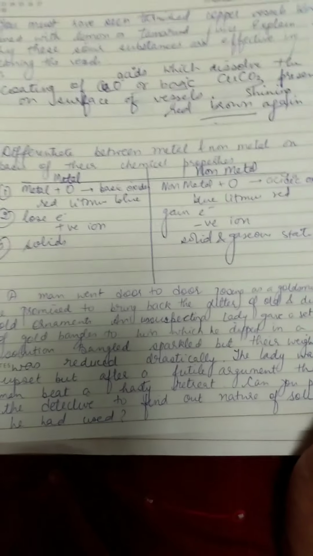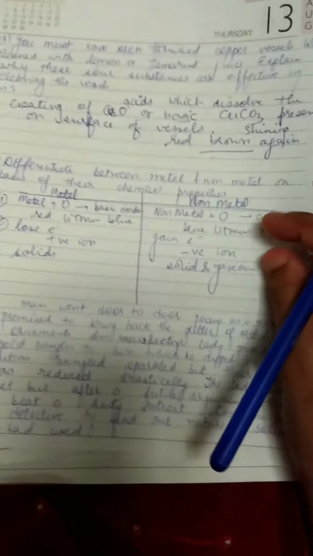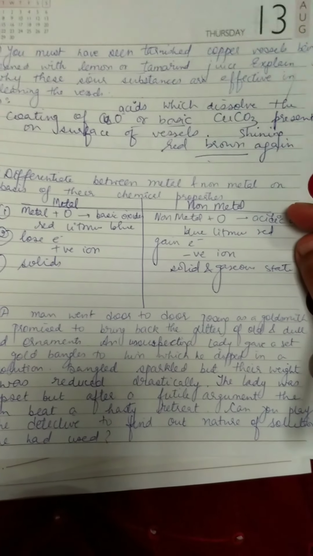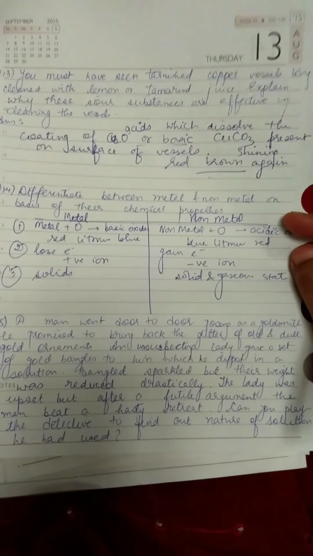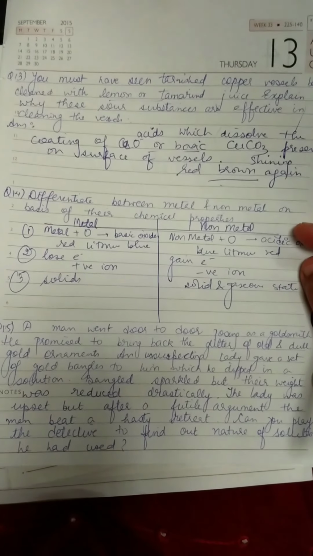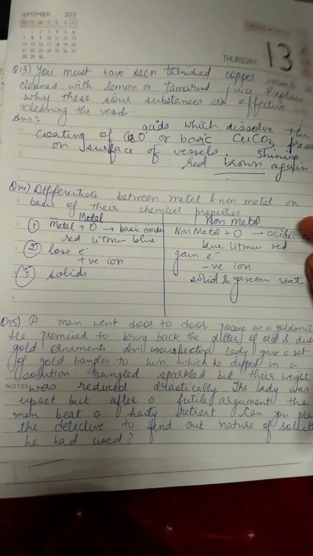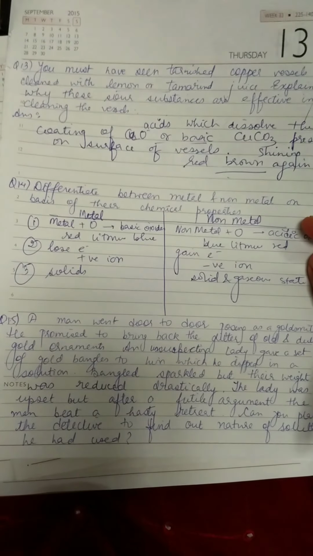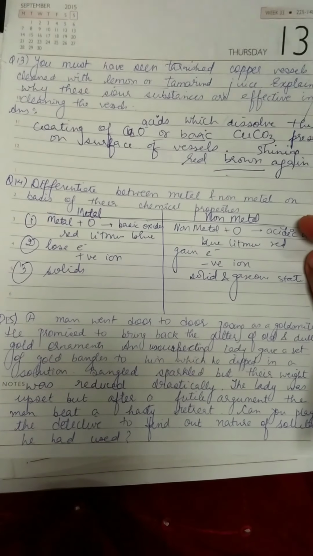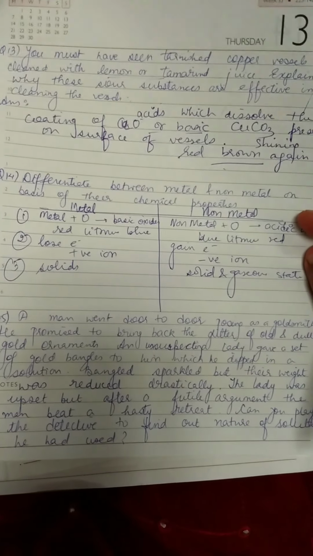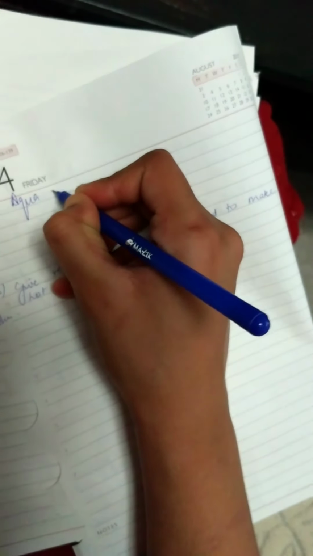15th question. A man went door to door posing as a goldsmith, promised to bring back the glitter of old and dull gold ornaments, and unsuspecting ladies gave a set of gold bangles to him which he dipped in a solution. Bangles sparkled, but their weight was reduced. Why? The weight was reduced because the solution he dipped the bangles in was aqua regia, and aqua regia